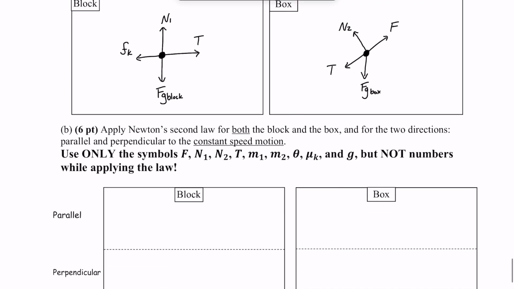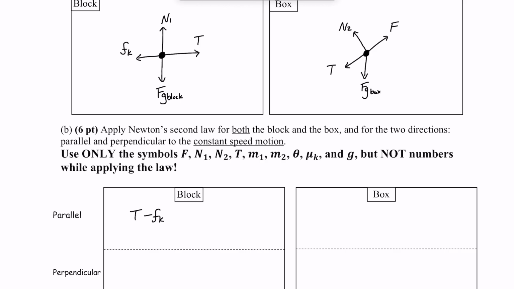For part B, we now have to write Newton's second law for our free body diagrams that we just drew above. For the block, parallel means we want to look at the horizontal surface. For our parallel or x direction, we have a force pointing to the right, the tension force, and pointing left is our force due to friction,